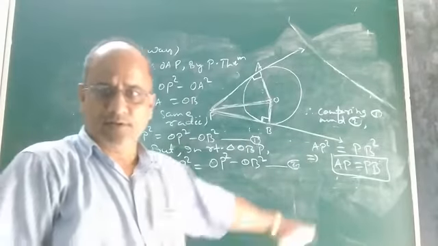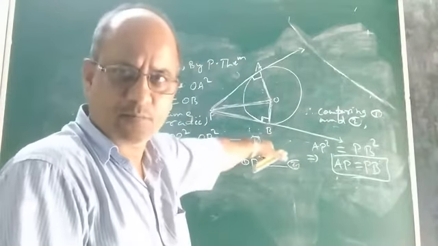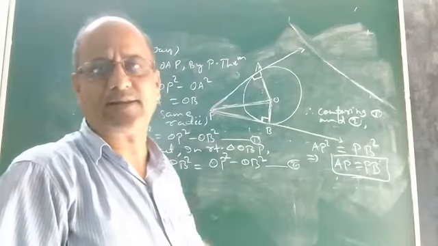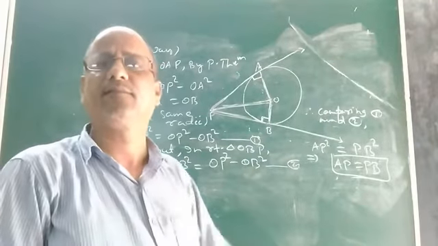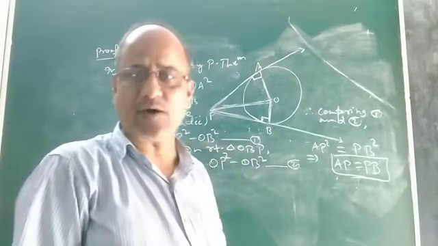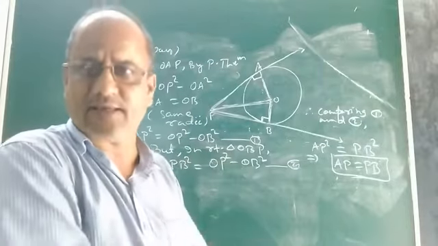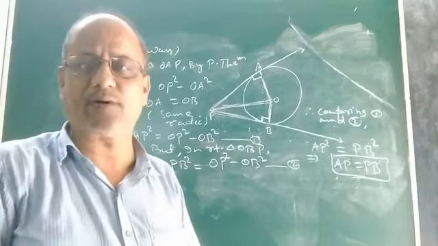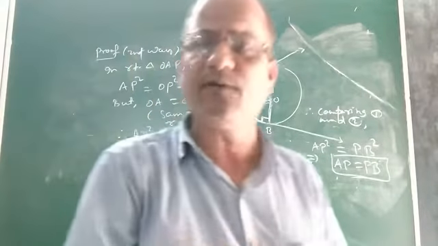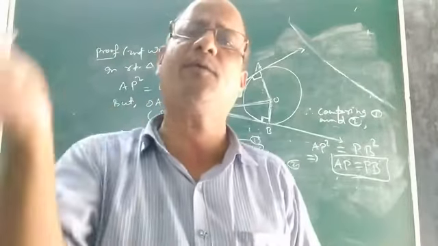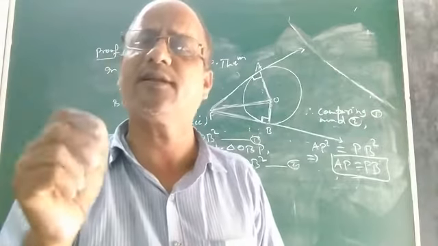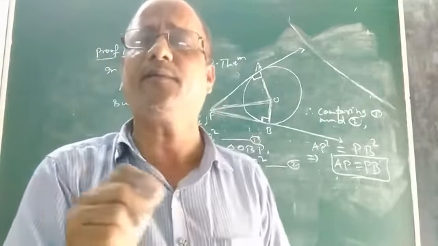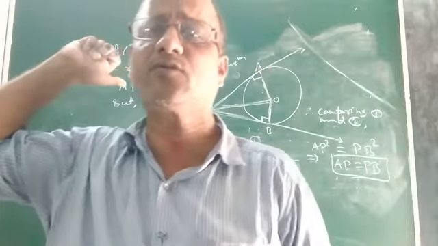This is another way which proved that the length of two tangents PA and PB drawn from the external point P to the circle are of equal length. The length of the two tangents is the same if they are drawn from the external point P. So in this way, we can prove that if two tangents are drawn from an external point to a circle, their length will always be equal. So children, it is also another important property of tangent. I hope you must have understood its proof.